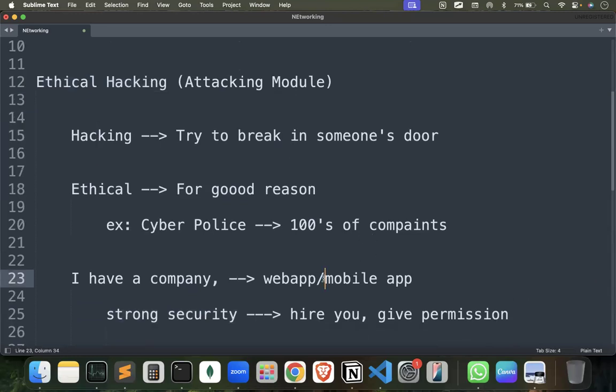not only web apps. I can build an AI app. I can build a game app. I can build a cloud networking thing. I can build firewalls. It doesn't matter what I build. I can even build simple electronic devices. Let's say I can build a smart fridge. Obviously I want to make sure the smart fridge works well, with no security breach. So I can hire you as an ethical hacker to